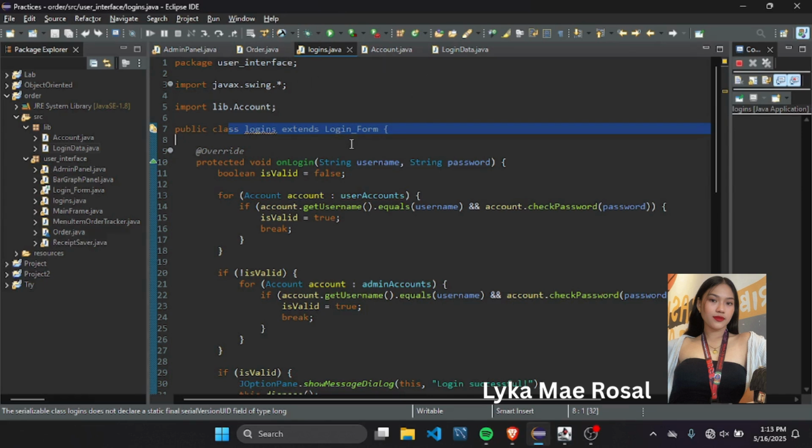The method then increments this ID by 1, updates the file with the new value, and returns the next available ID. If any error occurs, like file reading or writing issues or invalid data, they are caught and printed. But the method still proceeds to return current ID plus 1. This ensures each receipt gets a unique, sequentially increasing number, useful for order tracking in a sales or transaction system.